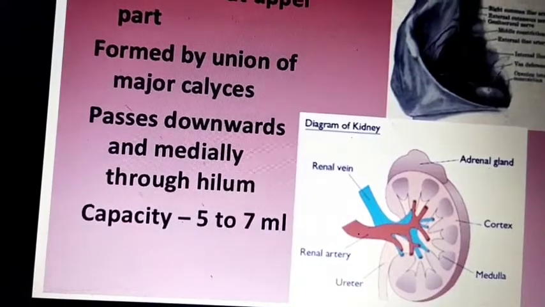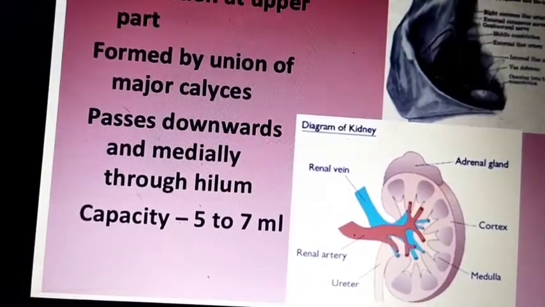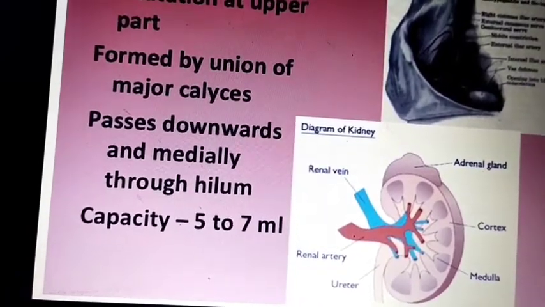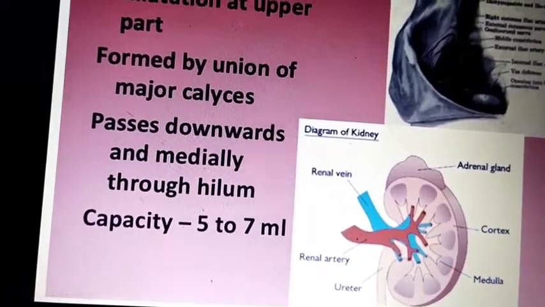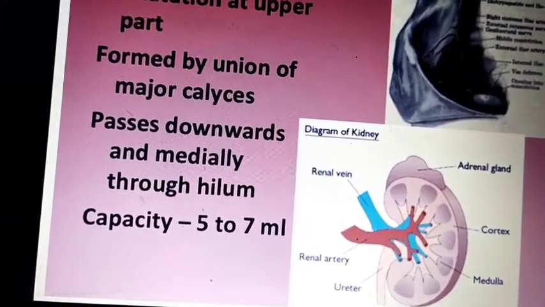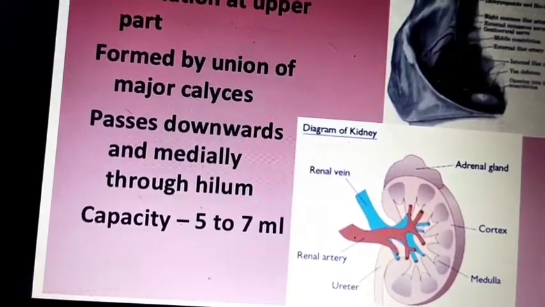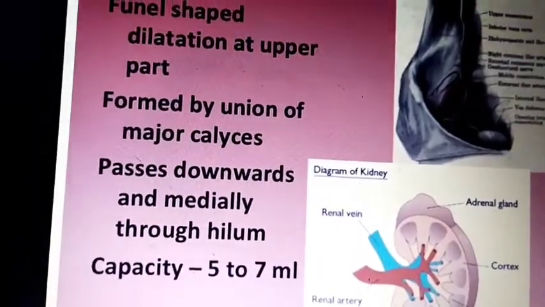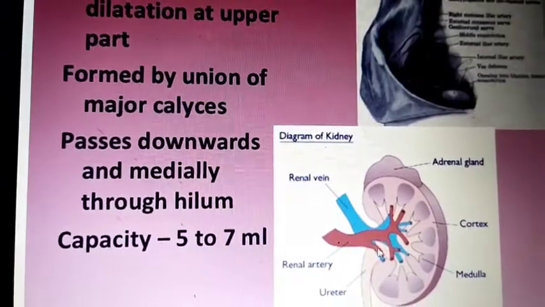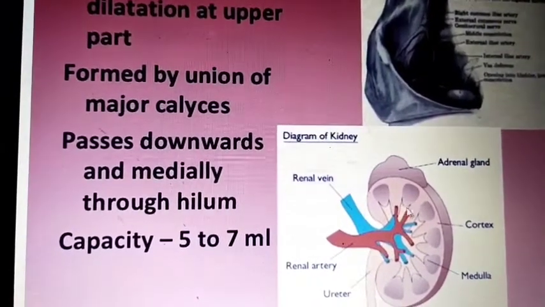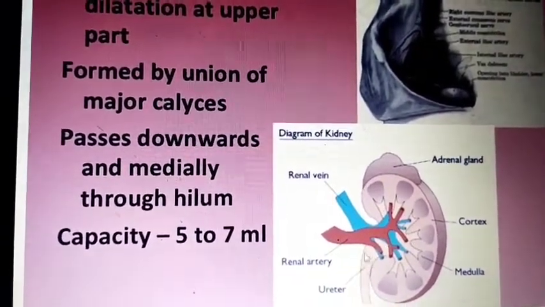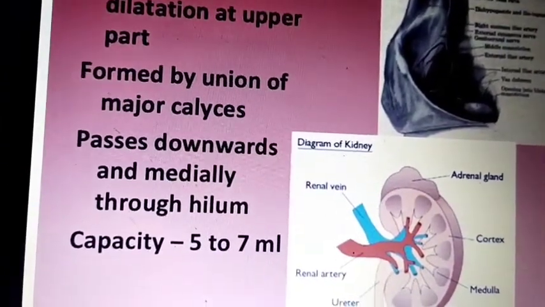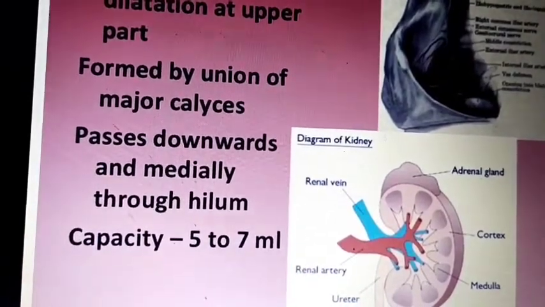The pelvis issues from the hilus of the kidney and descends along its medial margin and partly behind it. Gradually it narrows till at the lower end of the kidney, and it becomes the ureter proper. How does the renal pelvis look? It looks funnel shaped, and it begins within the renal sinus as a funnel shaped dilation.